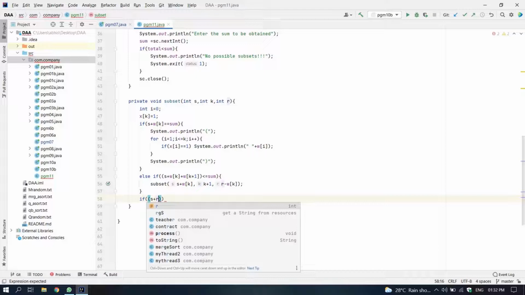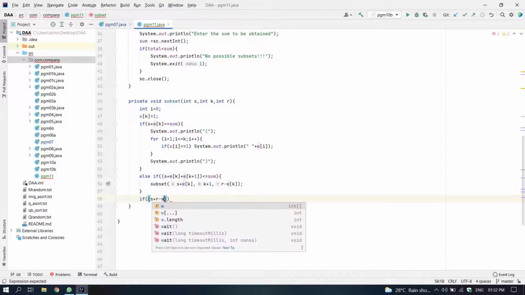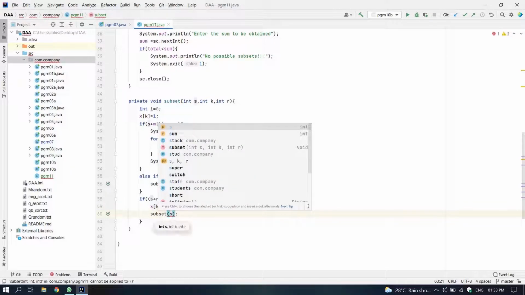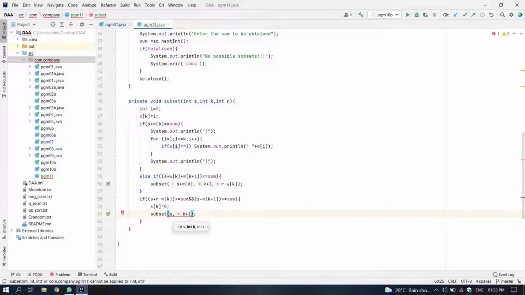Then after that we will check if s plus r minus w[k] is greater than or equal to sum, that is sum till now plus the remaining is greater than or equal to sum, and s plus w[k+1] is less than or equal to sum. Then we will put x[k] equal to 0, that is x of kth index is equal to 0, and we'll again call the subset method with parameters s, k plus 1 and r minus w[k].